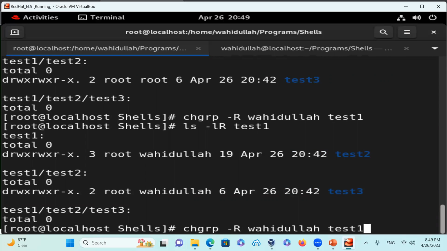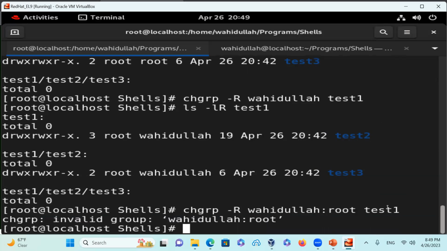And then change group also has a syntax if you want to do the user Wahidullah with group root. So notice I'm going to swap this one, saying the ownership should be Wahidullah and the group should be root. And then you do that one, and I get invalid group. So Wahidullah, oh, change group is looking for only a group there. So you cannot do the combination of